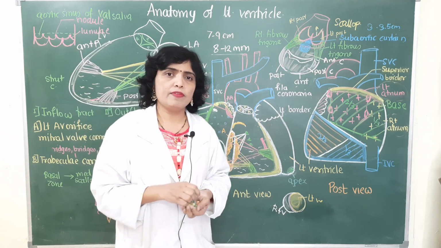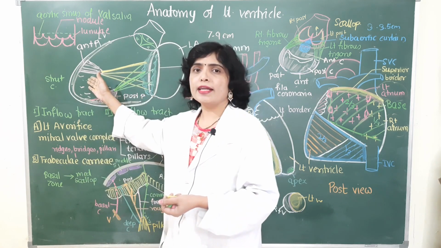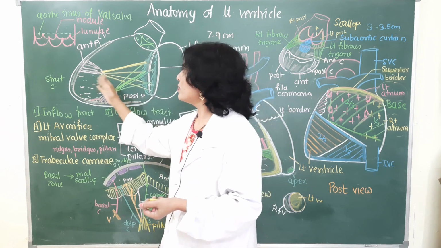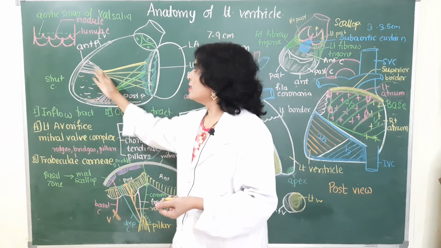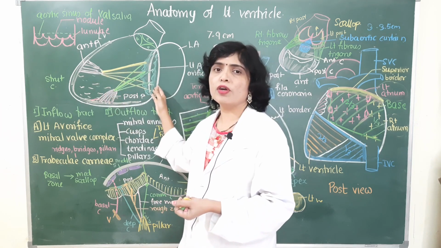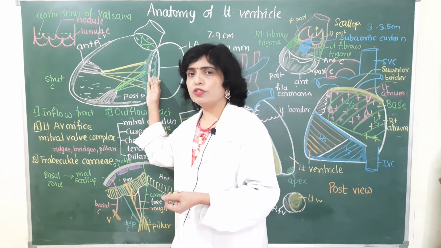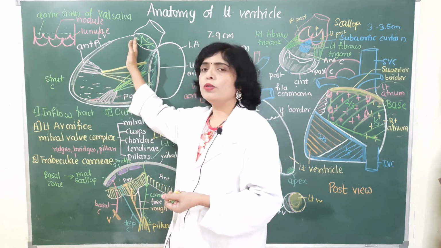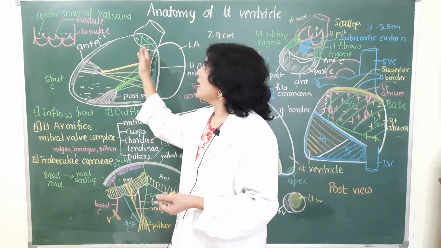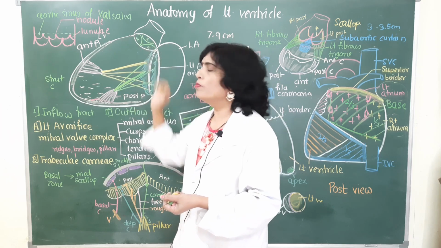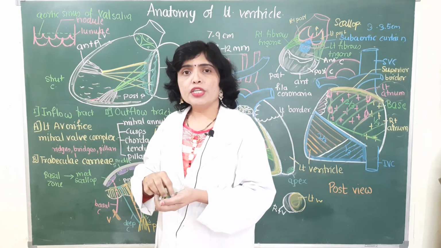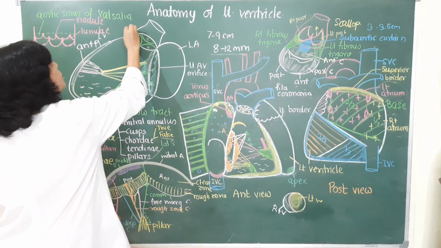So the interior of the left ventricle shows the inflowing tract, which is rough, and the outflow part, which is smooth. The inflow tract consists of the chordae tendineae and the anterior and posterior papillary muscles along with the left atrioventricular orifice with anterior and posterior cusp, while the aortic vestibule, that is the outflow part, consists of the aortic annulus guarded by the anterior cusp and the two posterior cusps. This anterior aortic sinus gives origin to the right coronary artery.